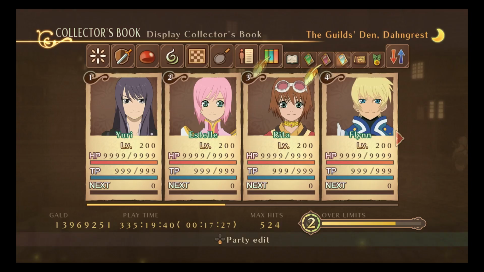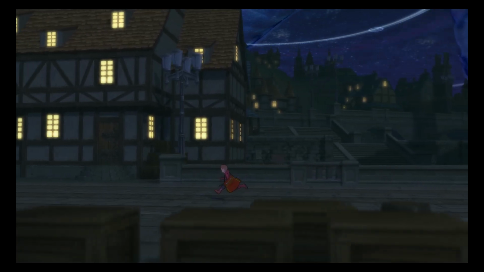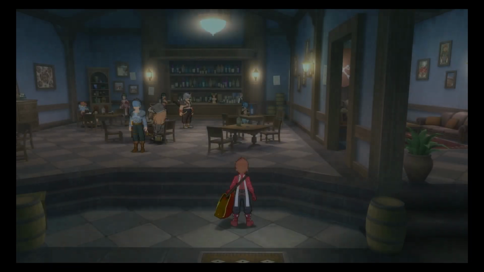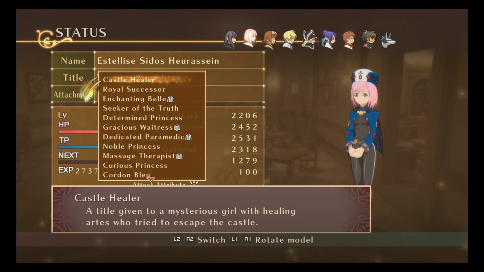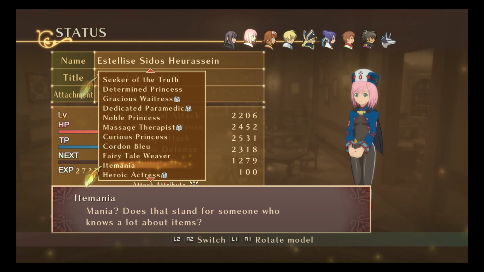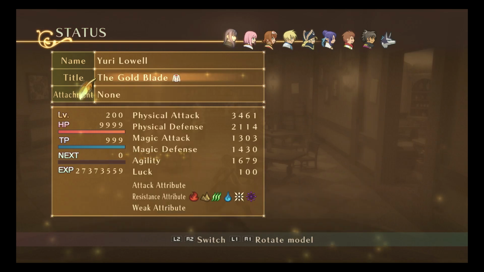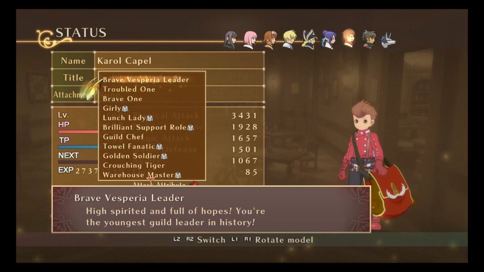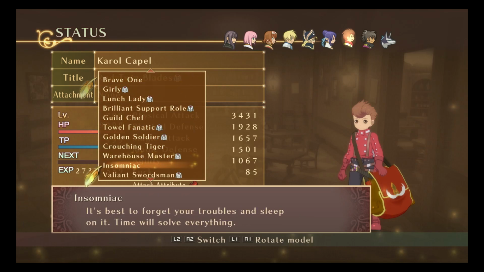Look at this, 99 and 96. So unfortunately, I didn't get 100% on both of those, but oh well. Since I won't be able to get 100% on both of them, I'll show you what you get. After you get 100% of the collector's book, go to her lore and talk to Giovanni, and you'll get the Item Mania title for Estelle. And when you get 100% on the monster book, go to Nor Harbor, and you'll get a cutscene with Nan, and you'll get